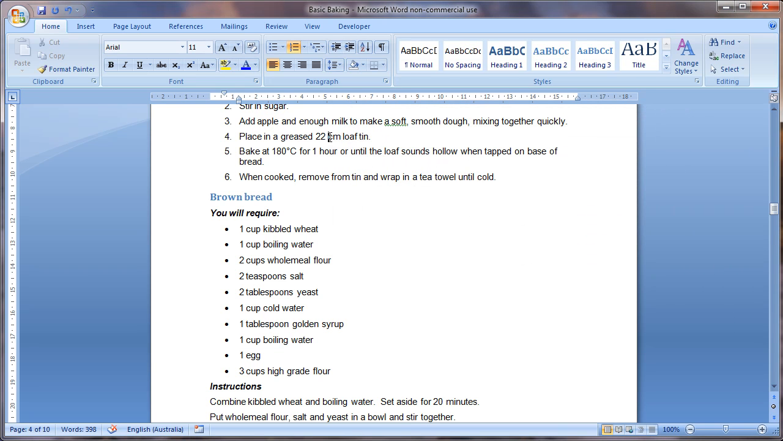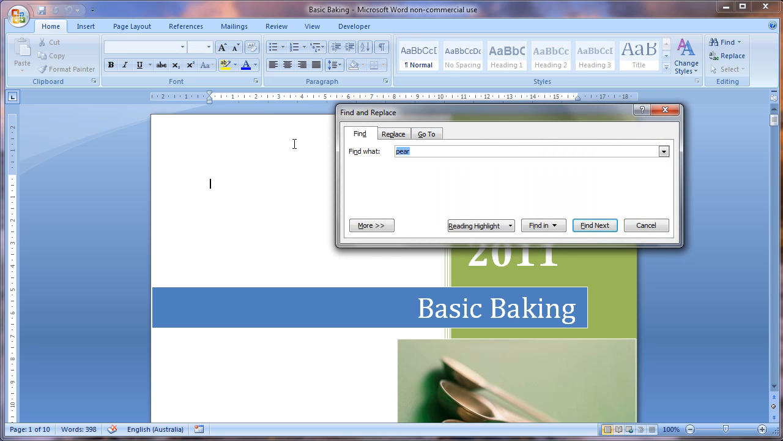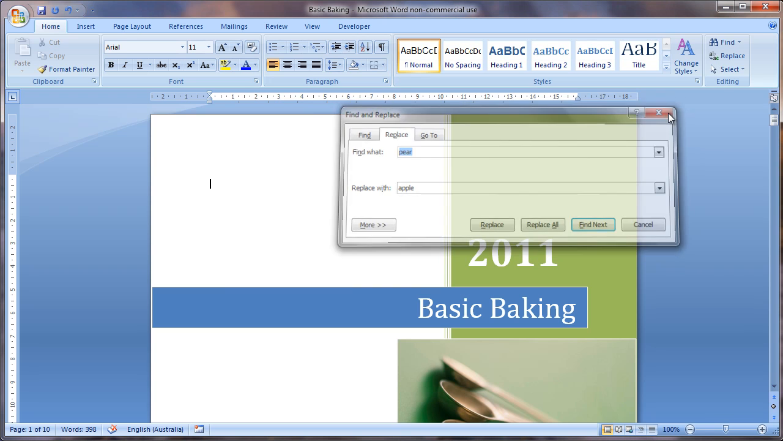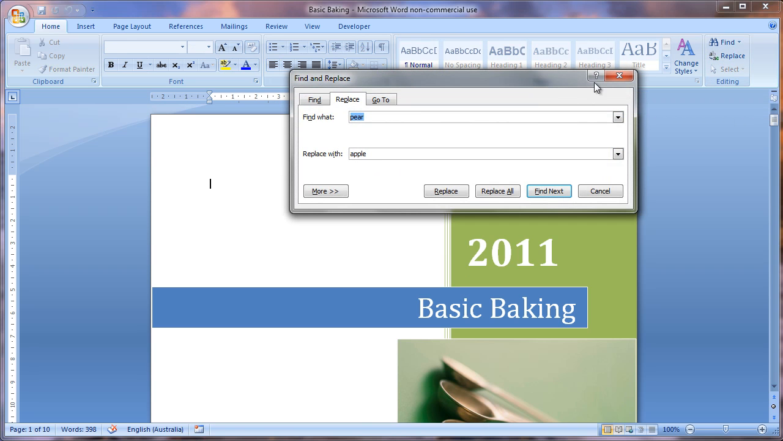Now you might notice I'm getting a lot of funny messages when I'm doing this, so generally if you're going to do something like this, it's easier to press Control Home to go to the top of your document and then make these changes. So that was Control F to open up Find. You have your Replace tab here. I believe it's Control H to jump straight to Replace, and then you've got Go To,